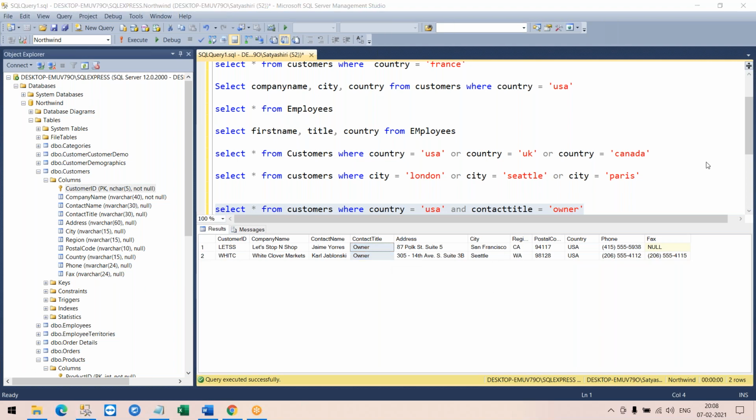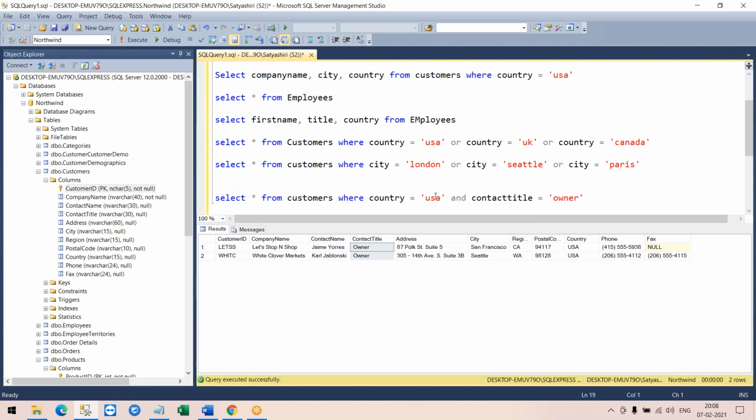One thing you would have noticed, I am giving all the values in single quotes. Why? Because all of these columns are of character type. You can see there is a char, there is a varchar. Even though varchar stands for variable character, char stands for regular character. Everything is a character and takes alphanumeric values. Now, every character column value I need to give in single quotes. If I have integers, I don't need to give them in single quotes.